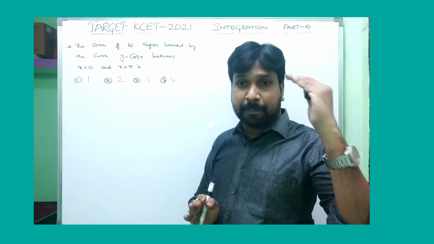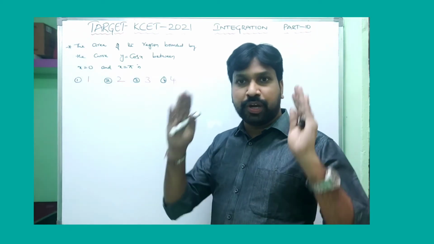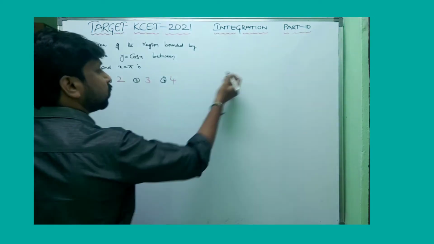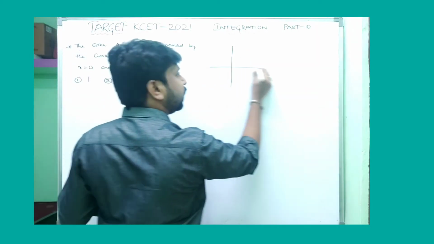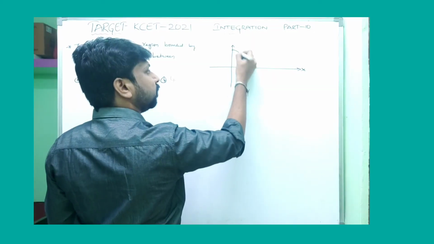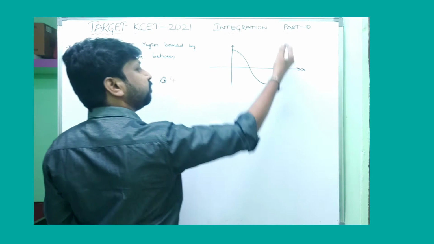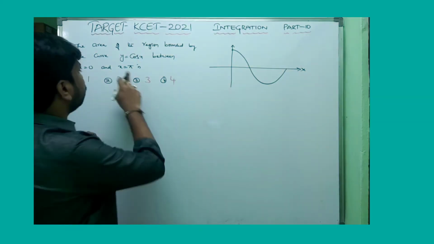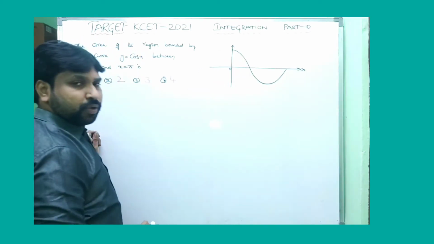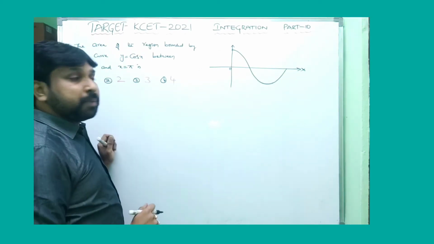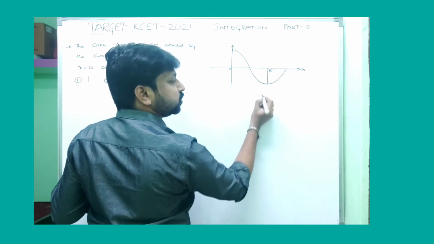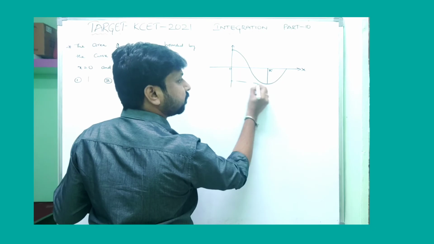Directly, lower limit is 0, upper limit is pi. That is very clearly wrong. You need to draw the diagram very clearly first. So the cos x diagram, cos x is the well-known graph. You know very well, cos x is passing through 1, and the graph here will go like this. Then you need to find out in between 0 and pi. At x equal to 0, it reaches 1, cos 0 is 1. At x equal to pi, cos pi is minus 1. This is minus 1.